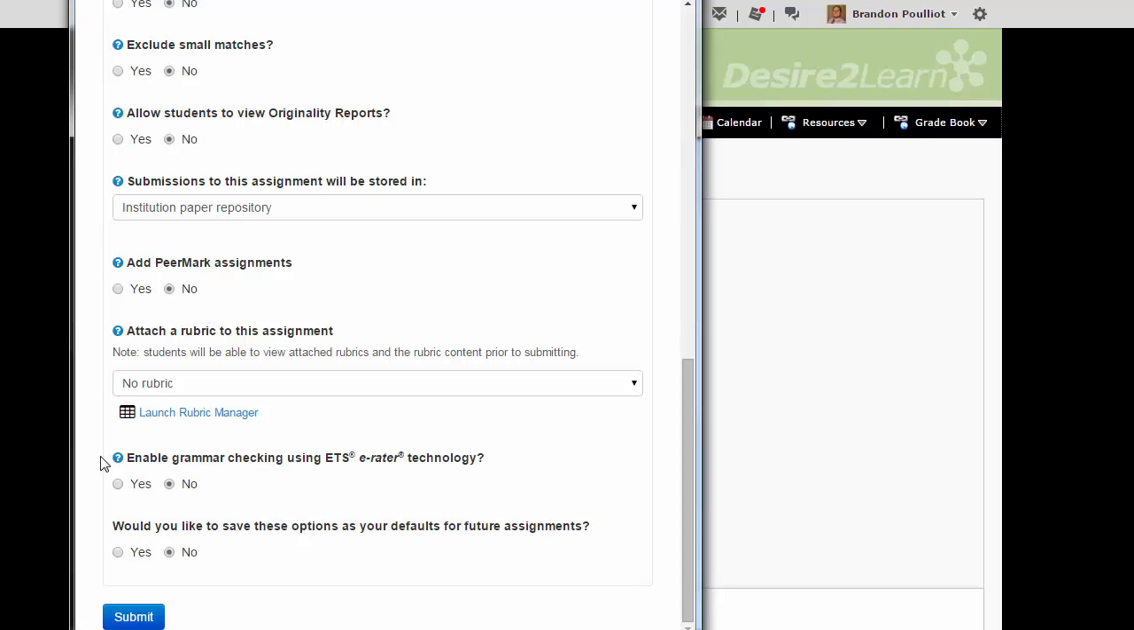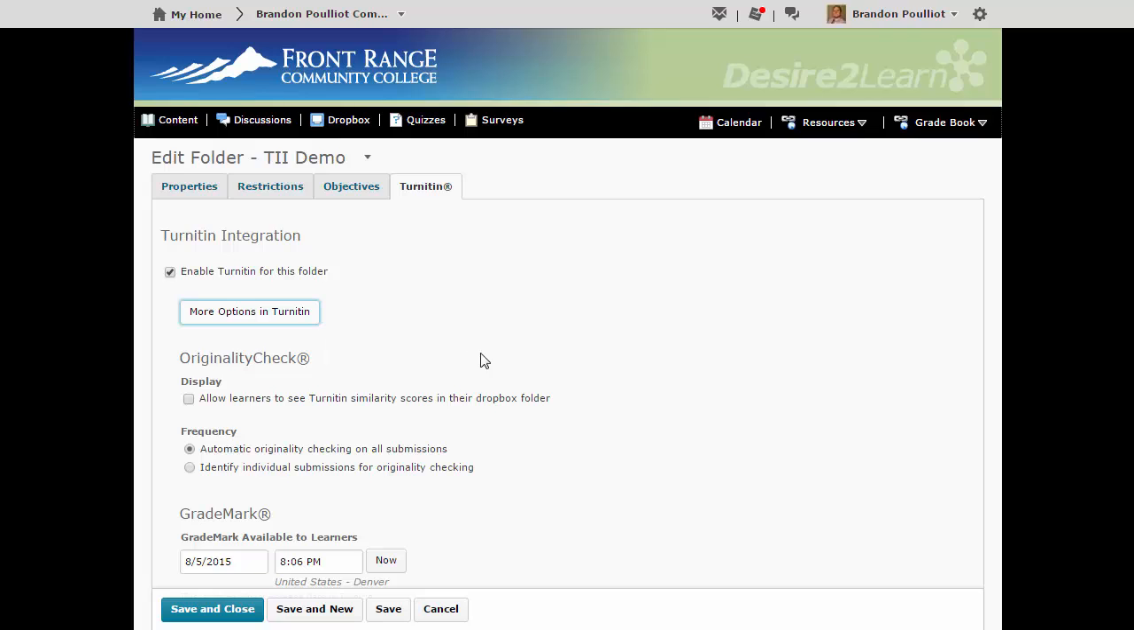And then you have the ability to use TurnItIn's rubric manager and create a rubric within TurnItIn, which is different than the rubrics within Desire2Learn, to grade papers within TurnItIn here. Then you can enable the ETS grammar checker, and you can also save your options for a future assignment. Once you have all your settings right, go ahead and click Submit, and you'll be taken back to this TurnItIn